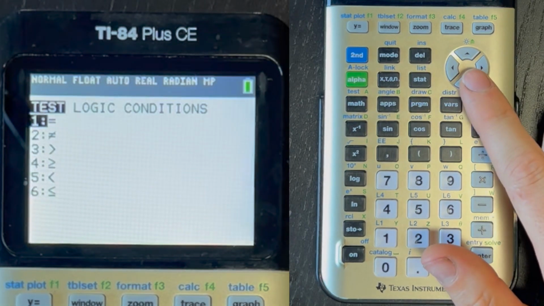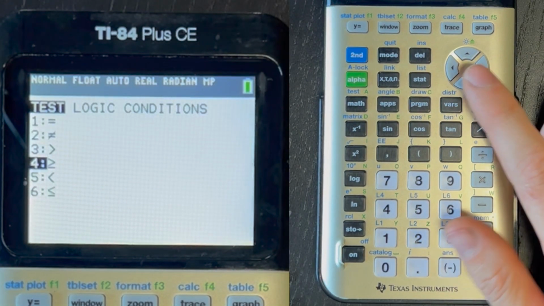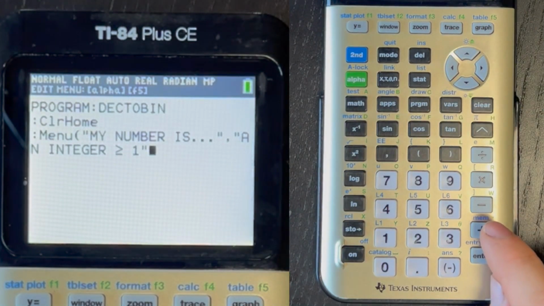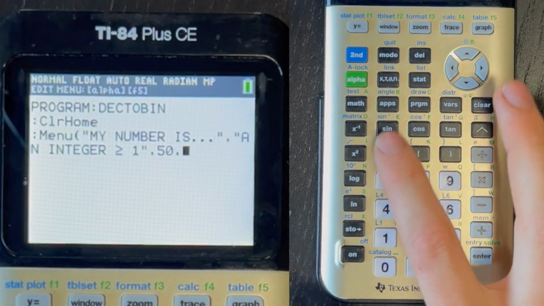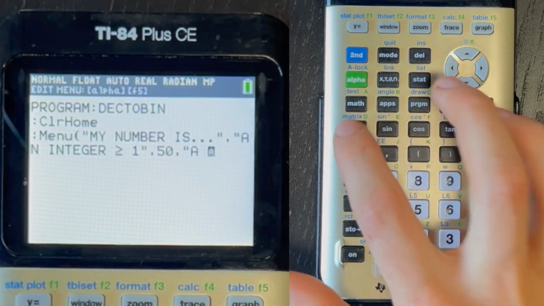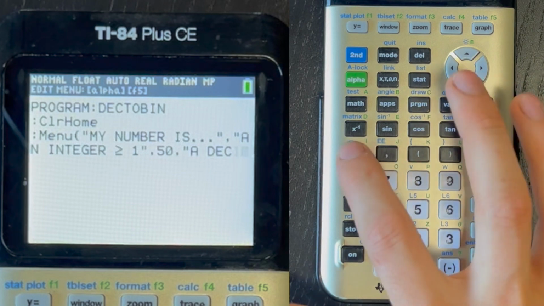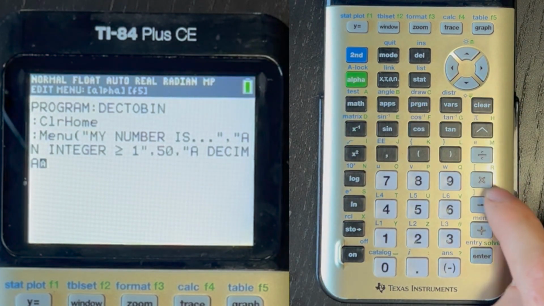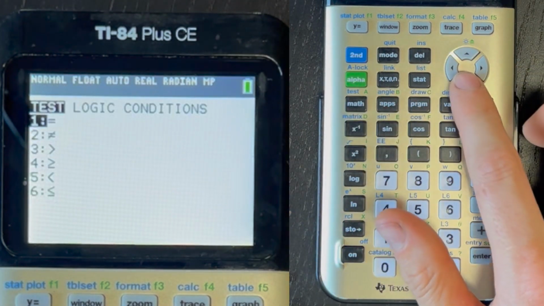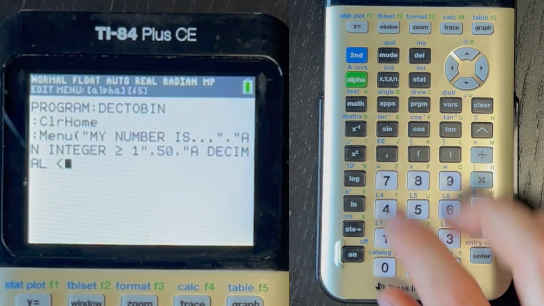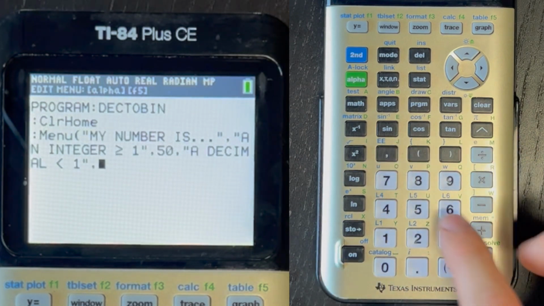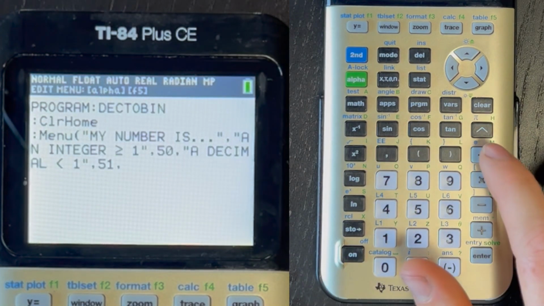Second math will bring up this menu, and then we want greater than or equal to, space 1, close quotes, comma, 50, comma, alpha lock, A DECIMAL, space, less than 1, close quotes, comma, 51, comma,